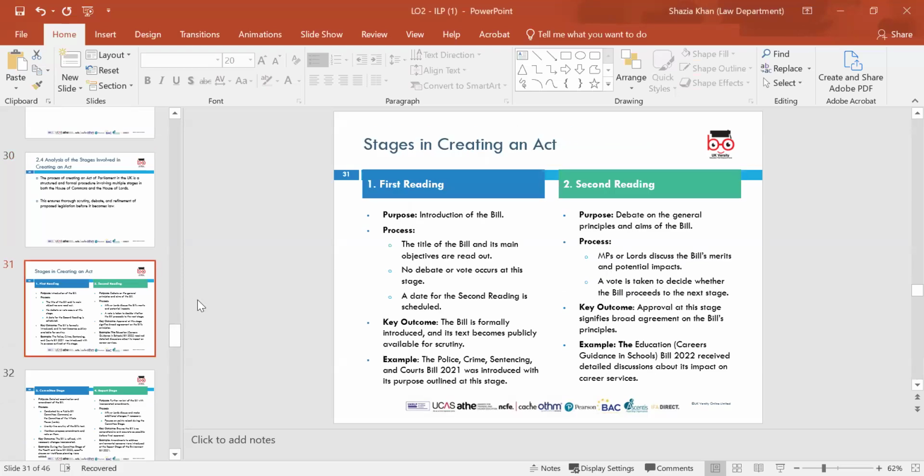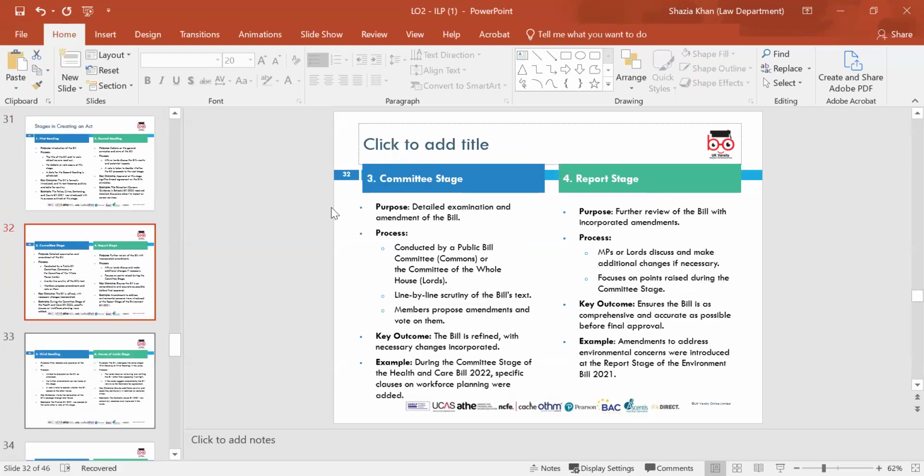So the first reading, as we said earlier, is the introduction of the bill, and this is where the bill is introduced and published. And the whole point of the first reading is introducing the bill and making sure that it's introduced and published. Then the outcome of that is the bill is formally introduced. The second reading is where the bill is debated and voted on, and this looks at the merits and if there's a need to go to the next stage as well. And then you've got the